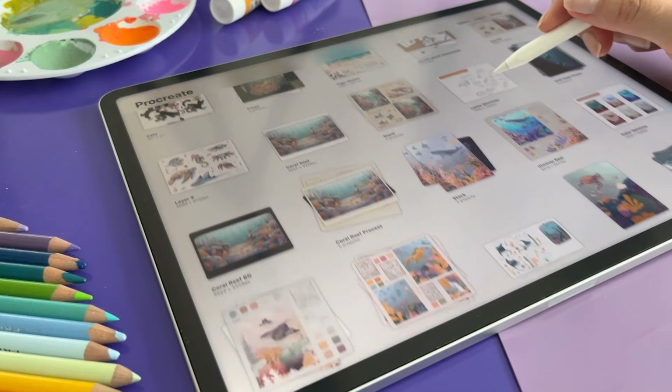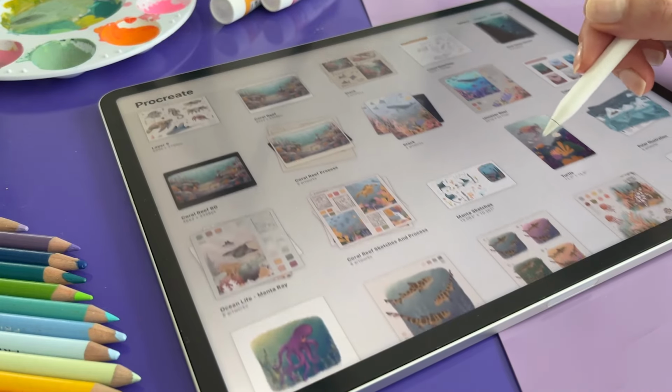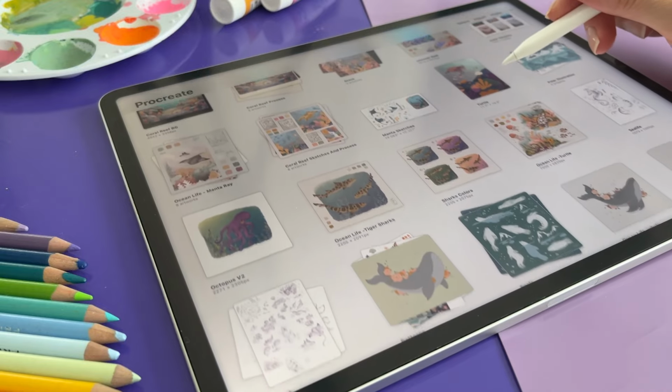Oh, hi. So I have this illustration which I made in Procreate, and as you can see, it's an underwater scene. And then I have a bunch of illustrations of underwater animals which I want to implement into this scene. But can I just copy paste them into this underwater scene and they will not look like just basically copy